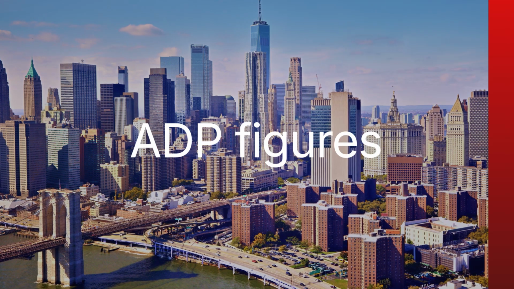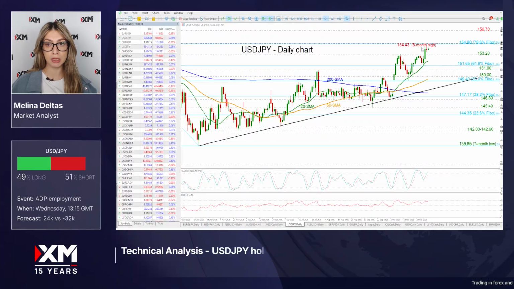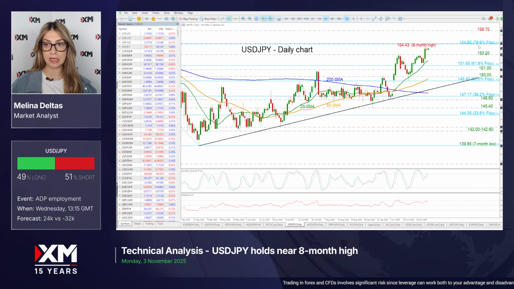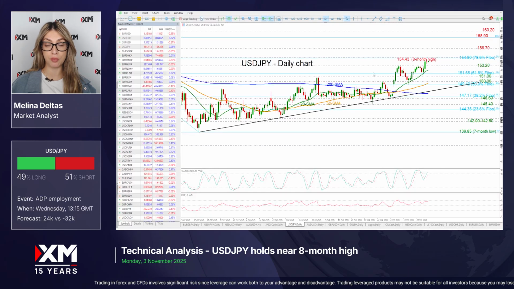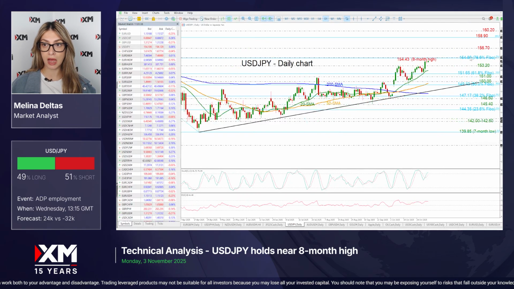So starting with dollar yen, we can see that the market is currently hovering slightly below the 8-month high of 154.43, and the next strong resistance will come from the 78.6% Fibonacci retracement at 144.80, taken from this up leg, from the down leg, from 158.86 to 139.85 that we can see here. Now, even higher the price may reach 156.70 and even higher